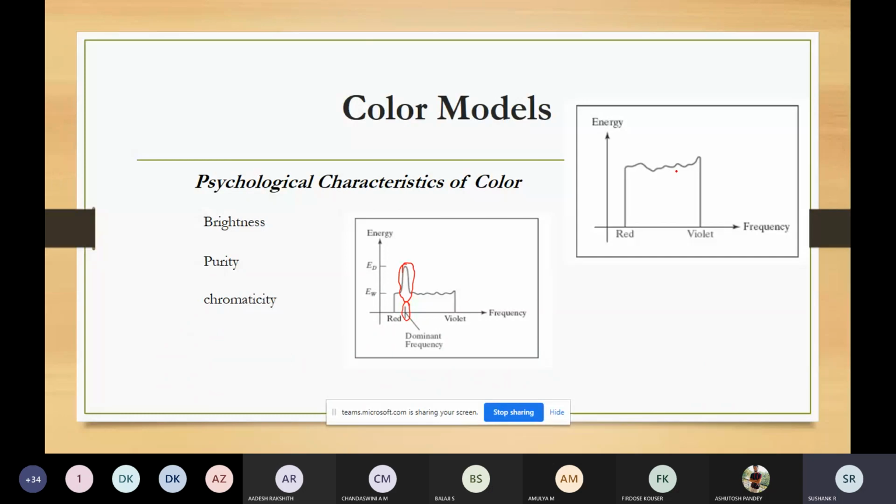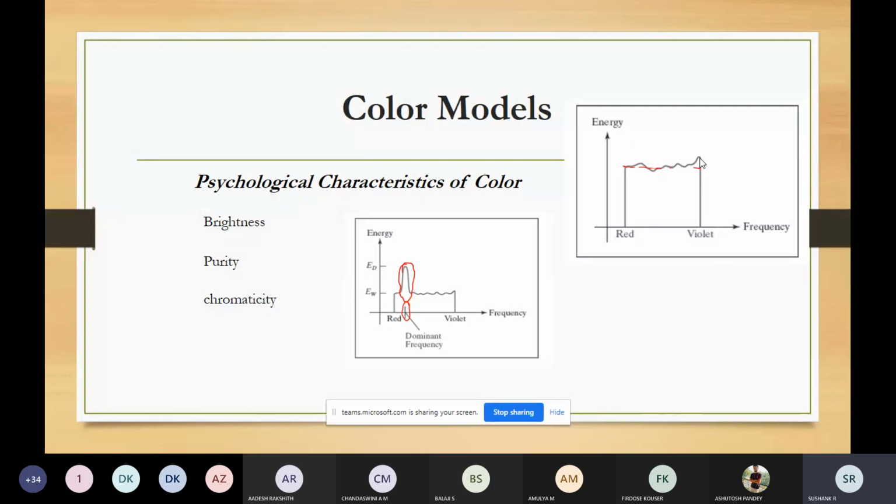They're almost equal. See here, you can see that from the red component to the violet component, each frequency component within this range from the red to violet is contributing equally to the total energy. So that's why you're getting the white light. So all the lights are mixed, or all the colors have contributed uniformly. So that's why you're getting the color combination.